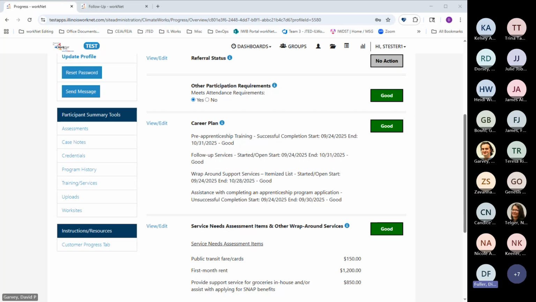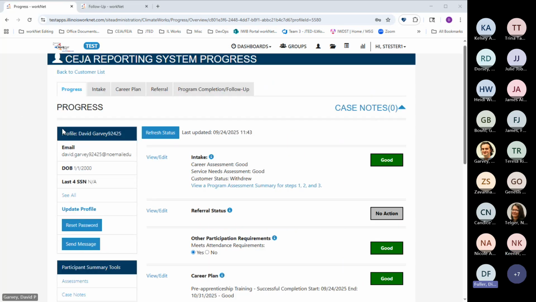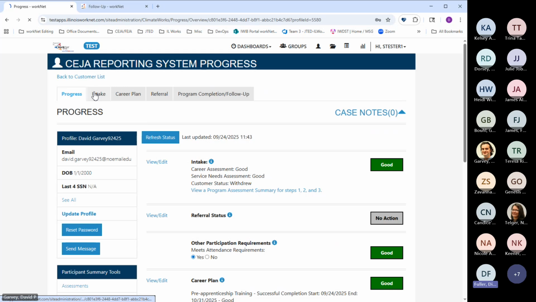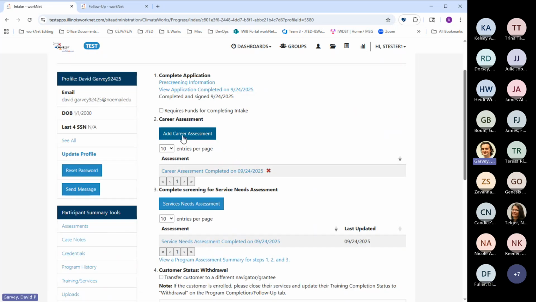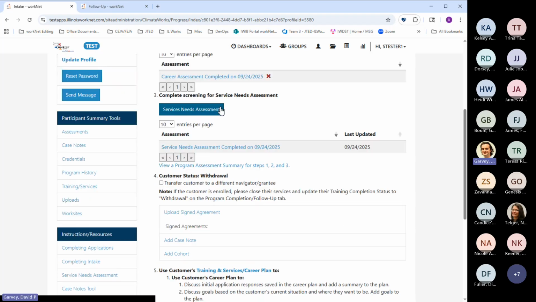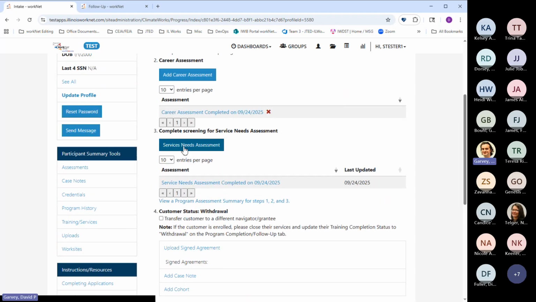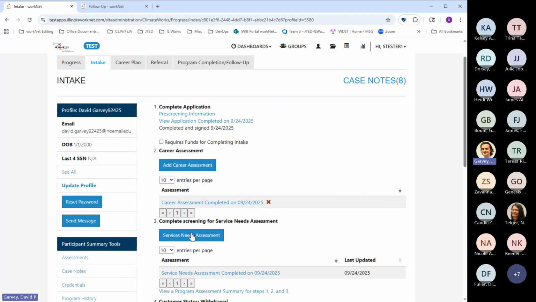Yeah, David, I think in general, navigators have access to a certain point, right? Right. They do. They would see the customers, the sections on this intake tab here for career assessment and service needs assessment.